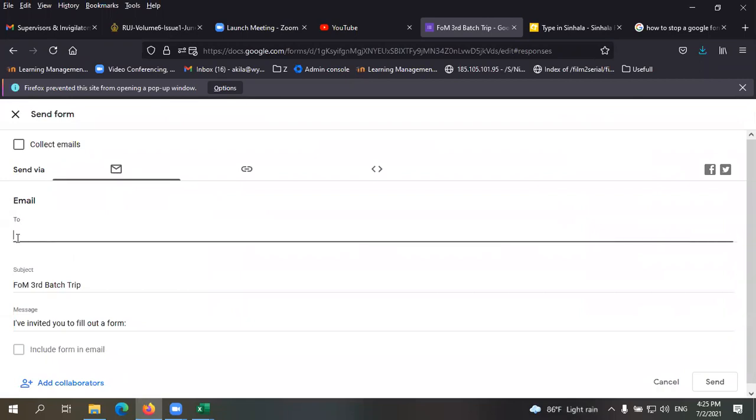You can have a list of emails of the people you want to send this to. If you collect email from here, or ask a question to submit their email, then you can check from that email list. Otherwise, there is no automatic option to check who has not responded to your Google form.